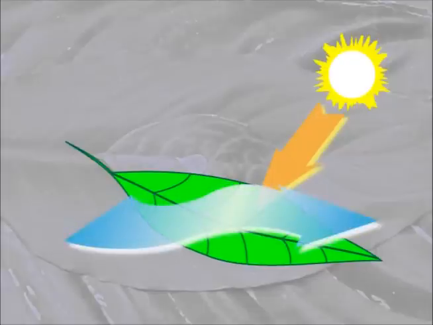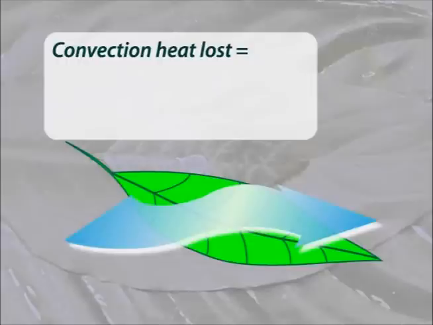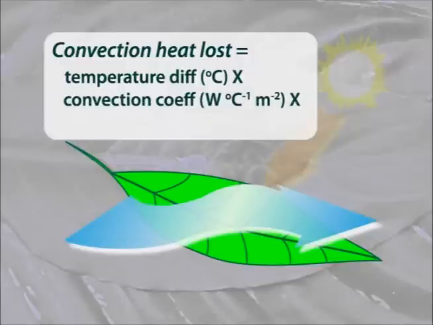Remember, though, that leaf temperature is a heat balance, so that heat absorbed from radiation must equal heat lost by convection. How much should that be? Well, first, there must be some temperature difference between the leaf and air. The leaf won't lose heat unless it's warmer than the air. Second, there is a number called the convection coefficient. This is where wind effects, like wind speed, are taken into account.